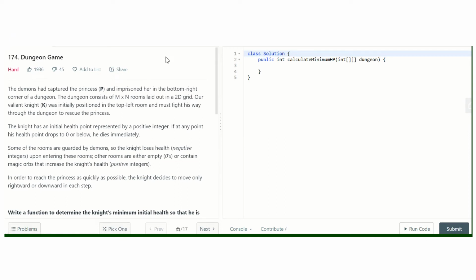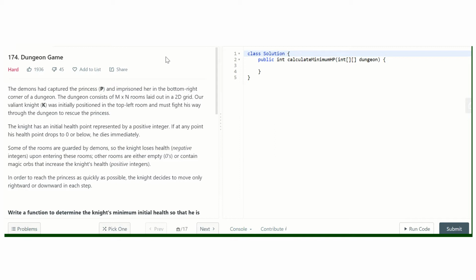So today we are going to solve this problem, Dungeon Game. This is a special kind of problem that we usually face difficulty solving. Actually, in this problem you are given some kind of matrix, and in each cell you are given some points, and points can be positive or negative.